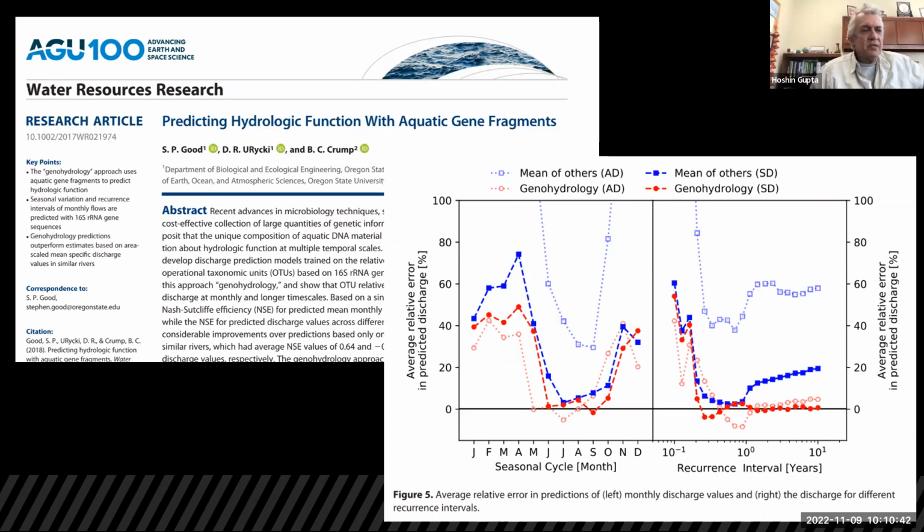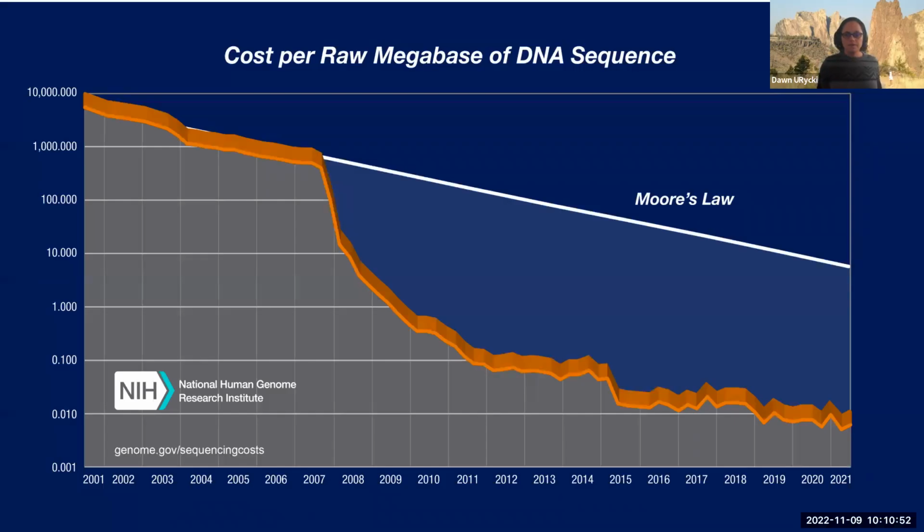You were showing the DNA sequences, the cost. Oh, yes. How do I do this? There we go. Yeah, this one? Yeah, so you might start here again. But the question I have is, you have this interesting linear relationship up till about 2007, and then this drop off, which presumably was some kind of technological breakthrough. And then it becomes linear again. And I'm just curious if you can speculate what the limitations are right now on.